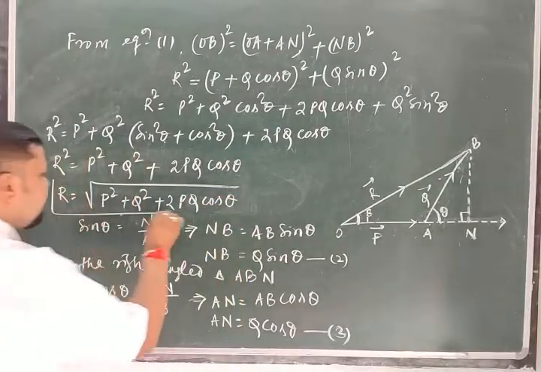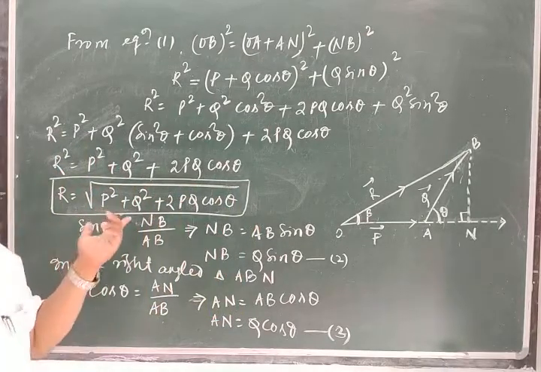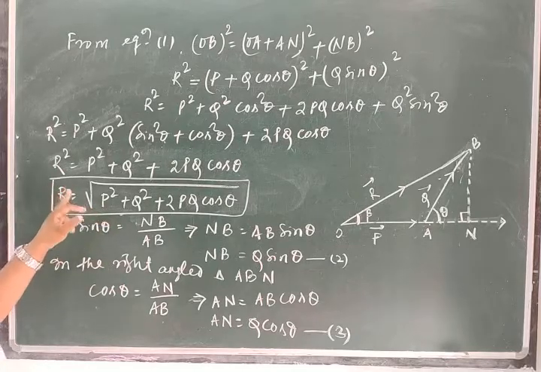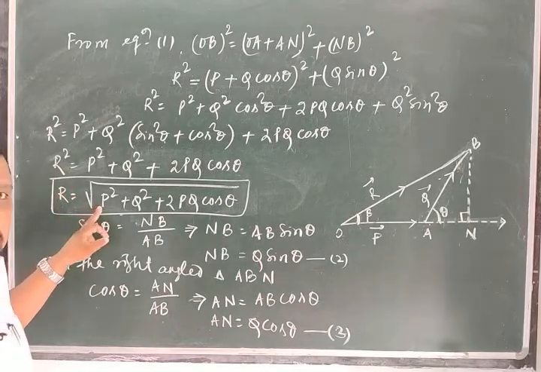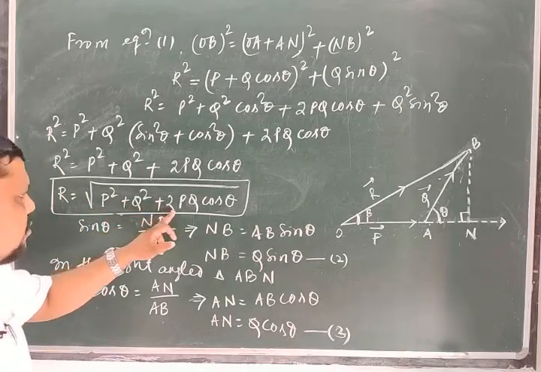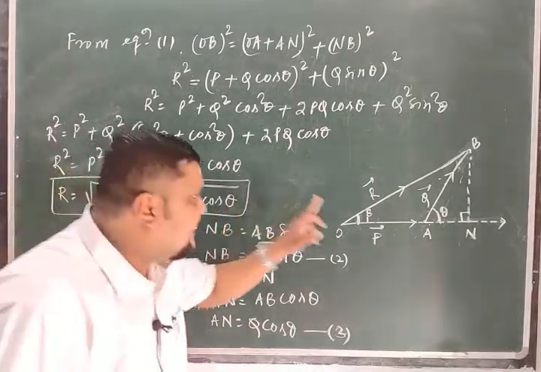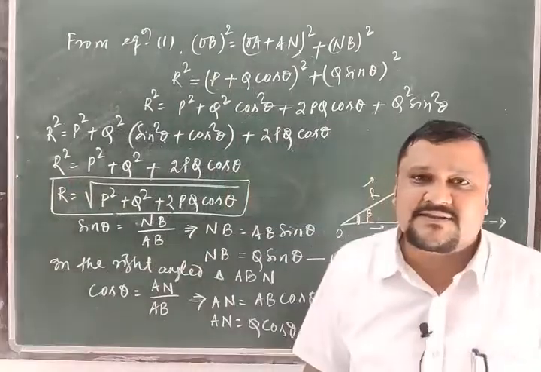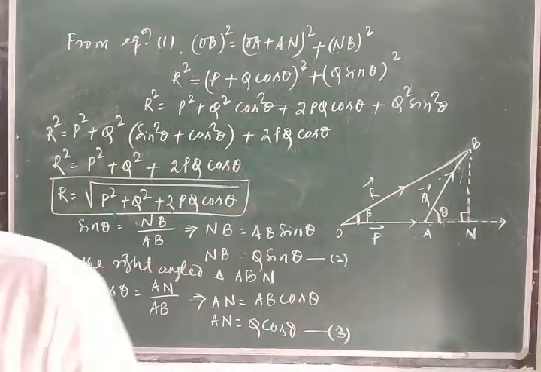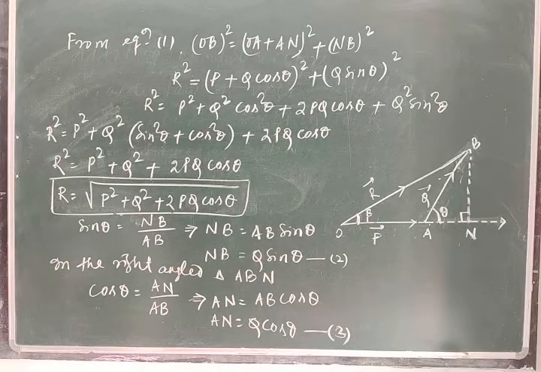This is the magnitude of R or modulus of R. The modulus of R can be written simply as R without the vector symbol. So R is equal to the magnitude of the resultant. R is equal to the square root of magnitude of P square plus magnitude of Q square plus 2 into magnitude of P and magnitude of Q into cosine of the angle between the two vectors. So that is the vector addition. It depends on the angle between the two vectors, in what direction they act. Right? This is the first part. Then we will go for the second part.